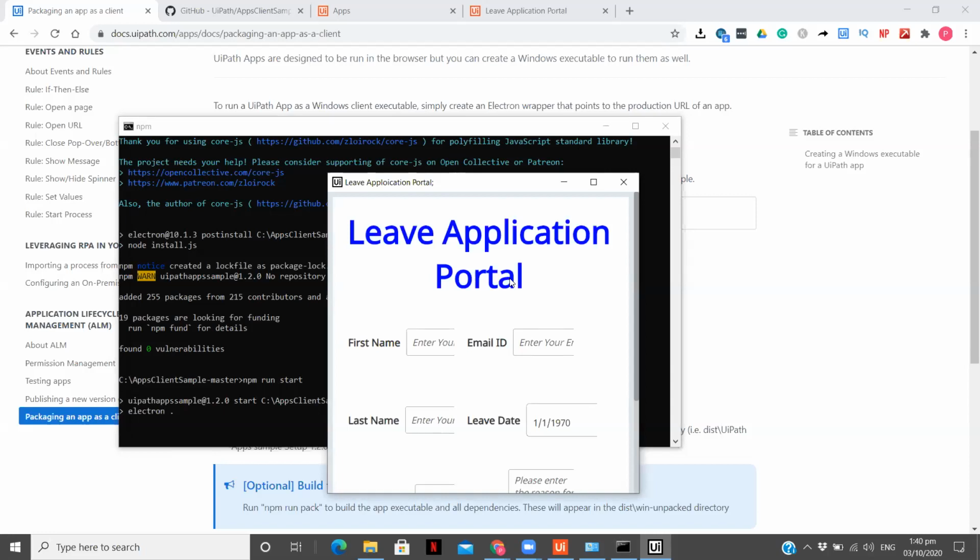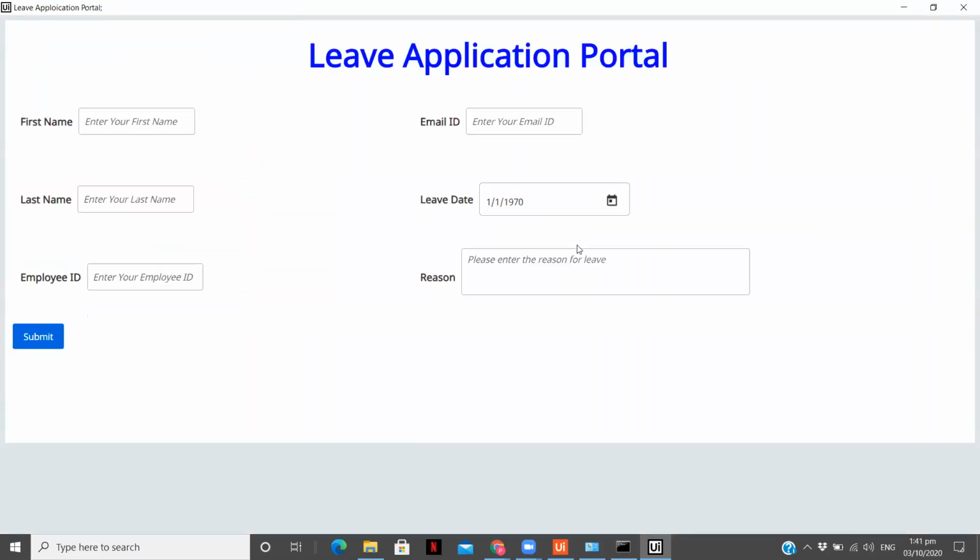So now you see we were successfully able to build an application file for our portal, and I think it is looking very amazing. I haven't generated the exe file yet, but this is just for testing purposes. So let's test it as well. Let me fill in my details. Parth Doshi 100. Enter your email ID. Let me enter my email ID. Let me add the date over here.